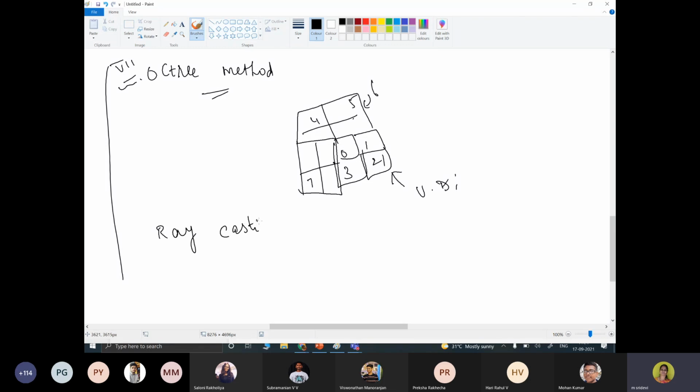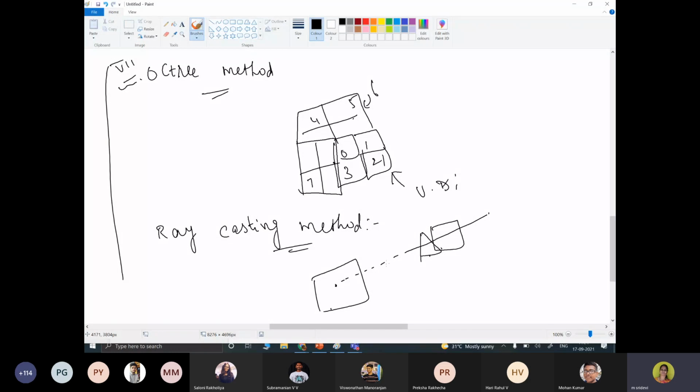The last method is the ray casting method. The pixel plane is there and you have objects. We can determine the objects in the screen with the help of ray casting, whether they are visible or not, by calculating all the ray surface intersections, and then we can identify the visible surfaces.